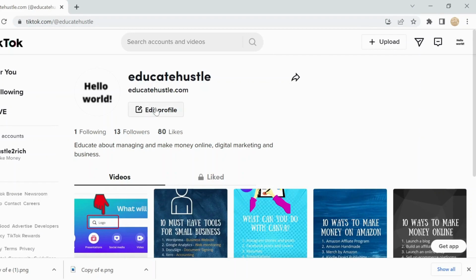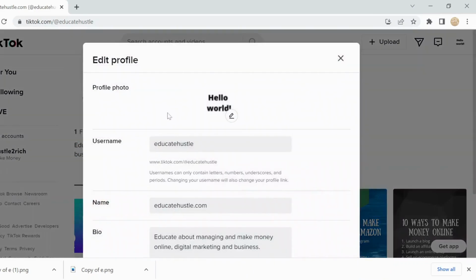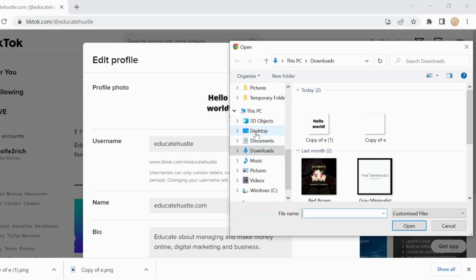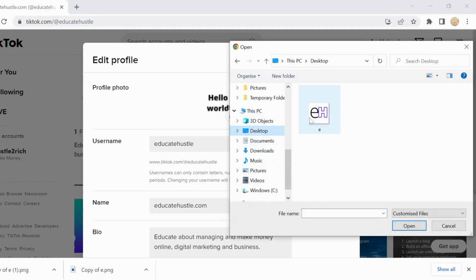Can you see the Edit Profile here? What you want to do is click on Edit Profile, and it brings up this pop-up. What you want to do is come over to Profile Photo and click on this icon here, which is like a pen or an edit. Click on that and find where your logo is or your icon or